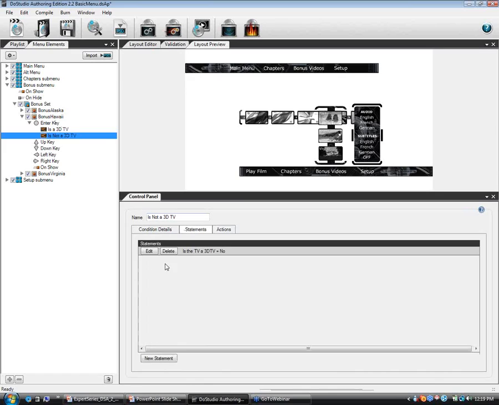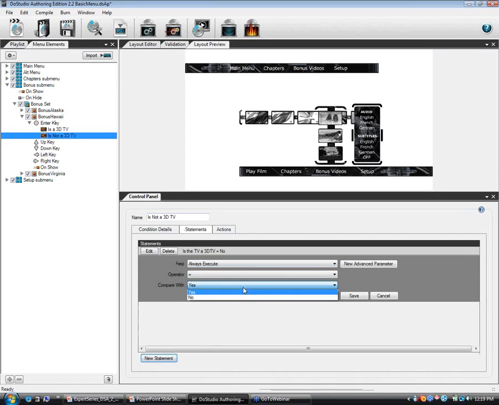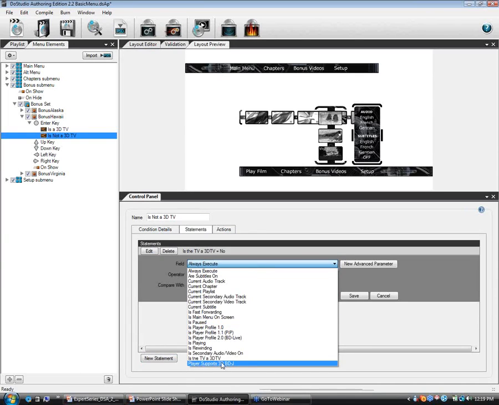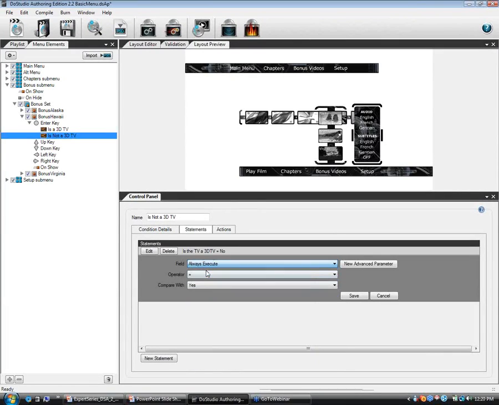So you'll see here in the statement list, just to add a new statement, there is the new 3D fields. There's also a new always execute field. Sometimes you'll want to execute actions at the end of your conditions instead of at the top of the conditions. One of the times you want to do that is if you want to play a playlist. So you want to change focus buttons, you want to move things around, maybe you want to have a mini